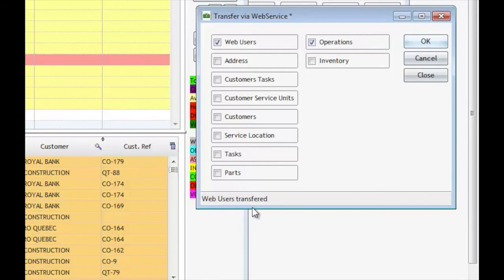what's going to happen is the transfer via web service is going to be constantly, as it refreshes, transferring all the documents that need to go to Bob and all the documents that need to go to Régent. So once this states that the transfer has been completed successfully, you will then know that Bob and Régent